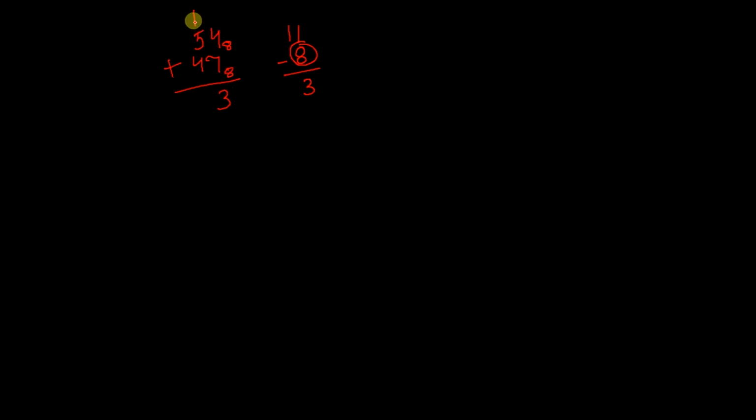So it is 5 plus 1 plus 4, which will give you 10. Now 10 is again more than 8. So we will again subtract 8 from this 10. So we will get 2 here. So 2 is here, and this 8 will go as a carry to the next column. So here, as there is no digit further, the answer is 123 in octal numbers.